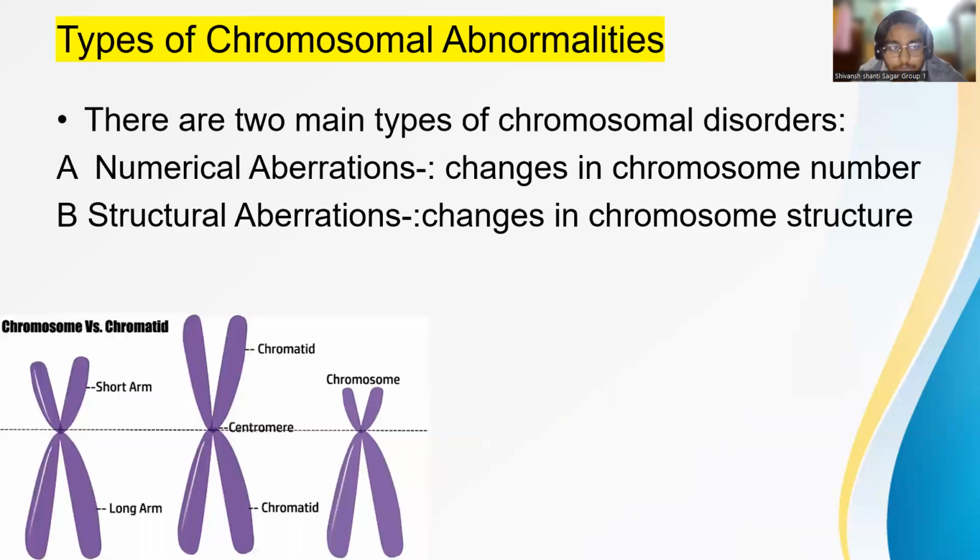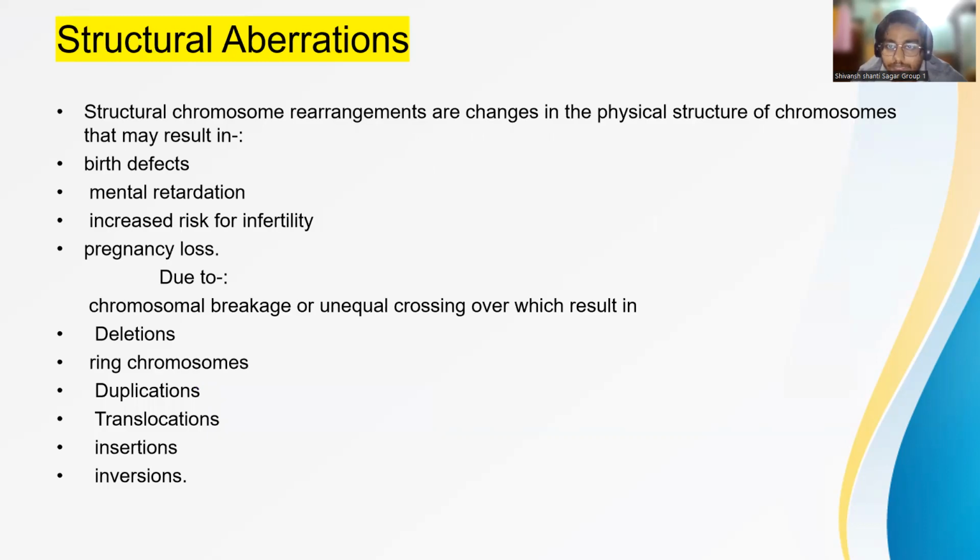It goes on. Types of chromosomal abnormalities. Primarily, there are two main chromosomal disorders. First is numerical abnormality, and second is structural abnormality. Numerical abnormality relates to a change in the number of chromosomes, whereas structural means a change in the formation and structure of the chromosome. We can see structural abnormality in the form of rearrangements in the physical structure of the chromosome,